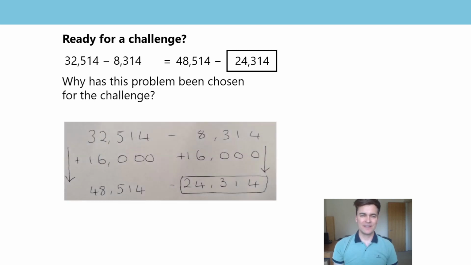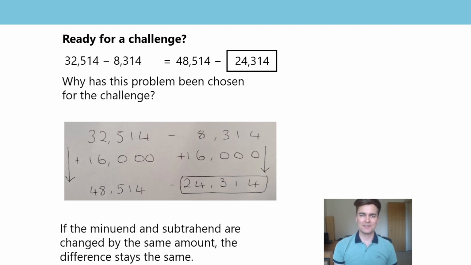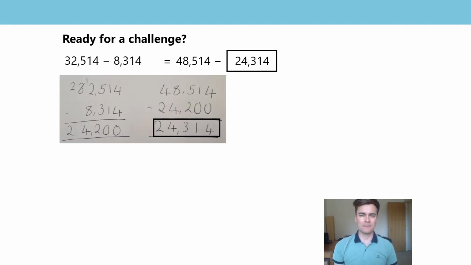This time, I noticed when I looked at the minuends, there was an increase of 16,000. I applied that same increase to the subtrahend to find 24,314. I wonder if anyone found that missing number using written subtraction. Maybe something like this. Calculating the difference from the left-hand side expression and then subtracting that from the known minuend to find the missing